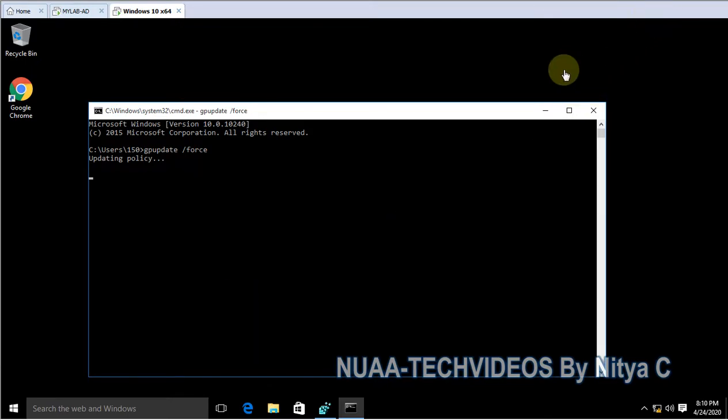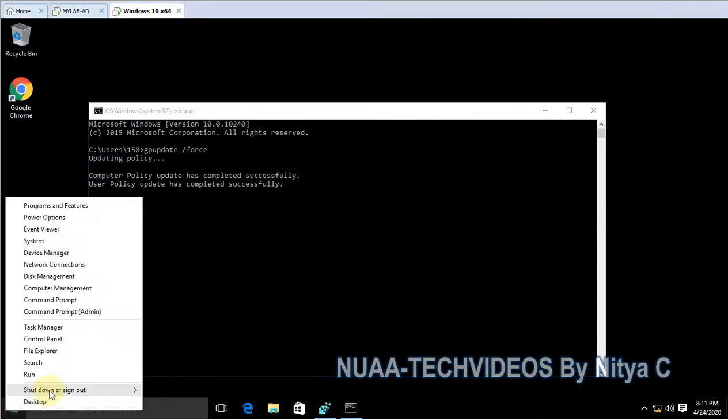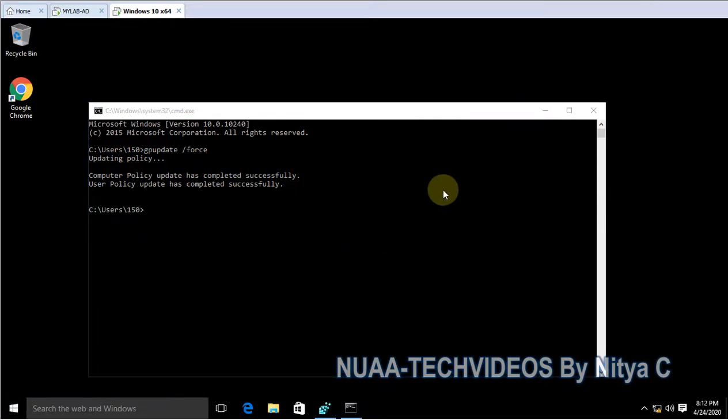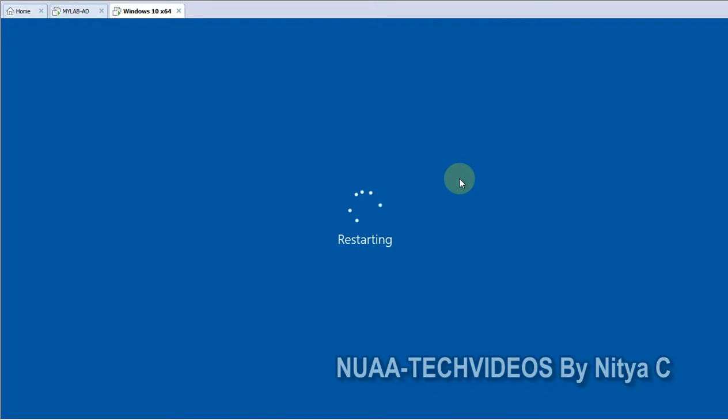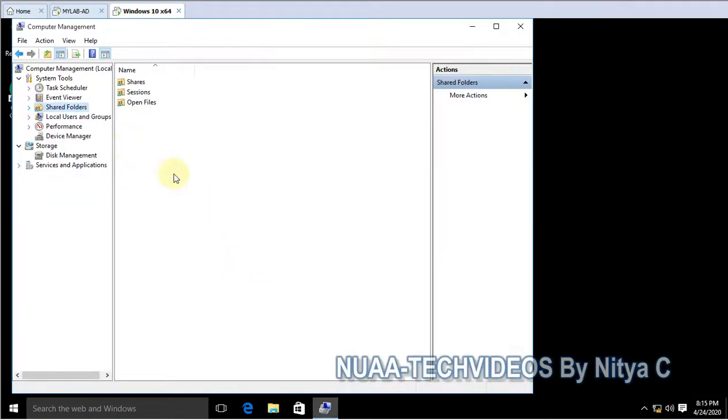And since this is a registry setting, it's better to take a reboot. So group policy is updated. Let me reboot it once. Since this is rebooting, let me pause the video for that time. So the setting is applied.